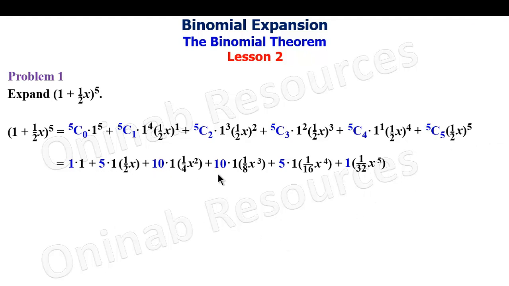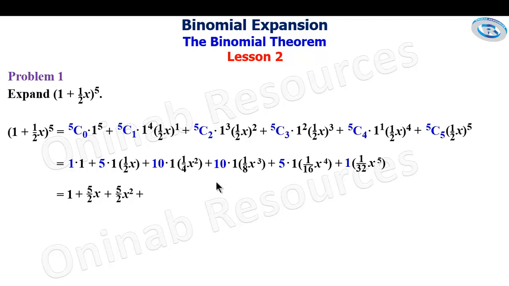Then we simplify finally. 1 times 1 gives 1. 5 times 1 times half will give us 5 over 2, then x, plus 10 times 1 over 4 will give us 5 over 2. So we have it as 5/2 x squared, plus 10 times 1 over 8 will give us 5